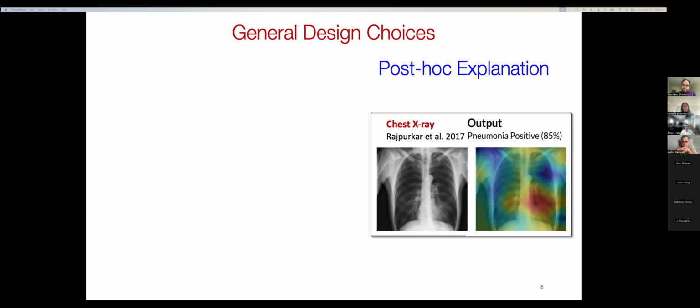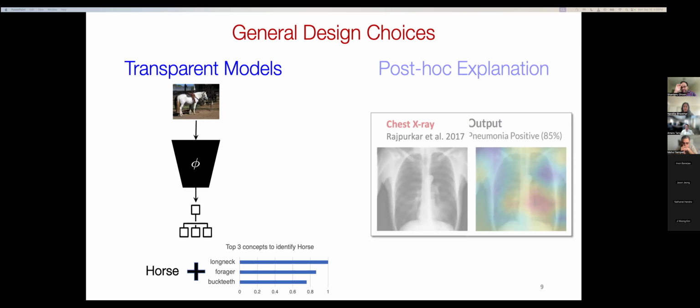There is a plethora of interpretable by design models already. For example, decision trees, ProtoPNet, linear classifiers, all of them fall into the category of interpretable by design models. In this talk, I'm going to specifically concentrate on a particular class of interpretable by design models,